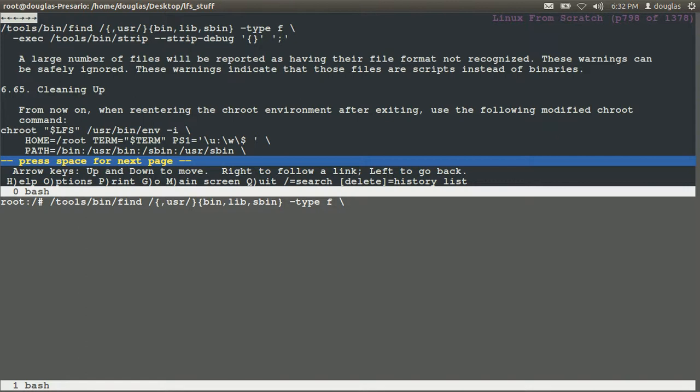Says /tools/bin/find, okay, /{,usr}/{bin,lib,sbin} -type f new line. Okay, -exec /tools/bin/strip --strip-debug '{}' ';'